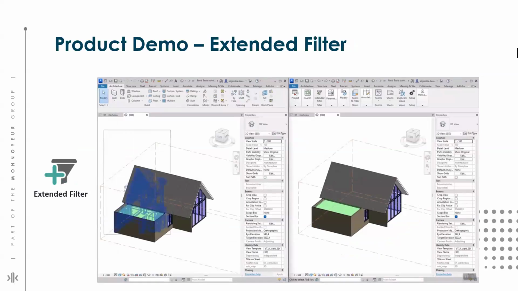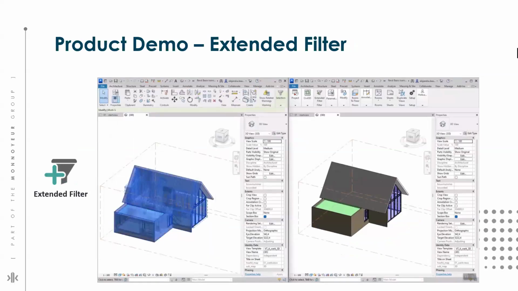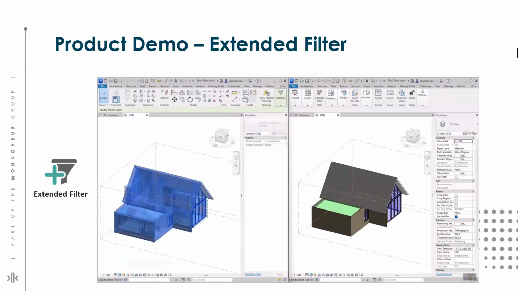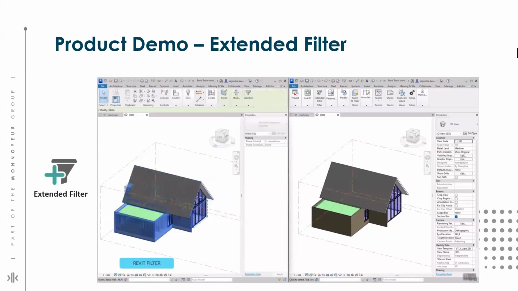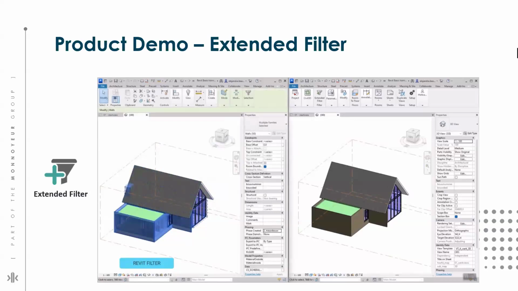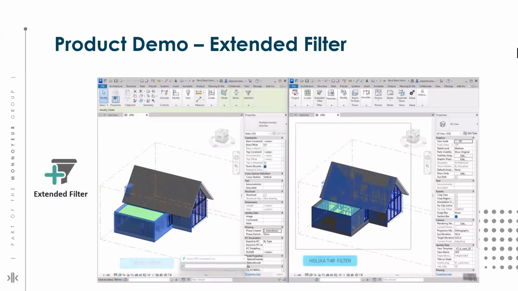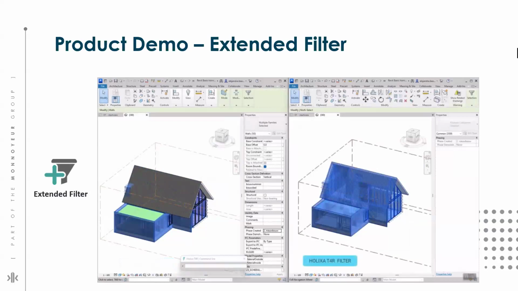So the next one is our Extended Filter. On the left-hand side, you can see how we usually use filters in Revit day to day. We have selected the entire model, and it allows filtration only with the help of categories. I have filtered for walls, so all types of wall categories and families got selected. But when we select the same model with the help of T4R Extended Filter,